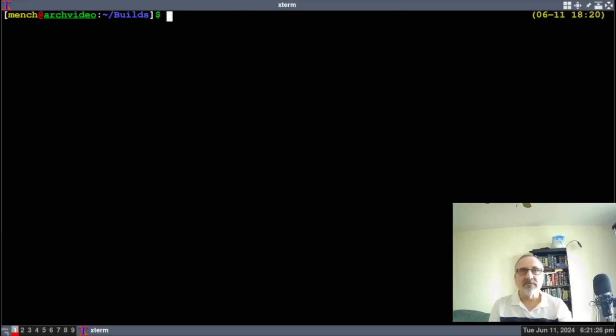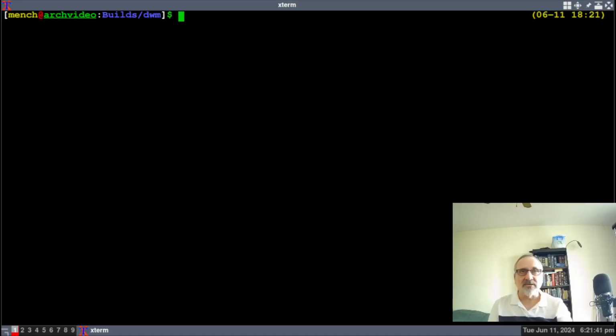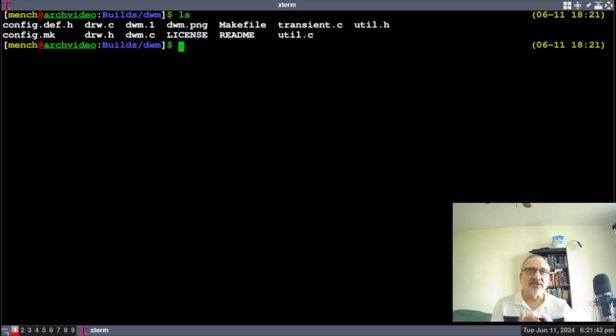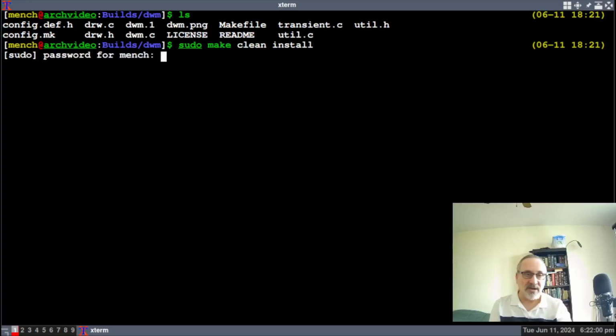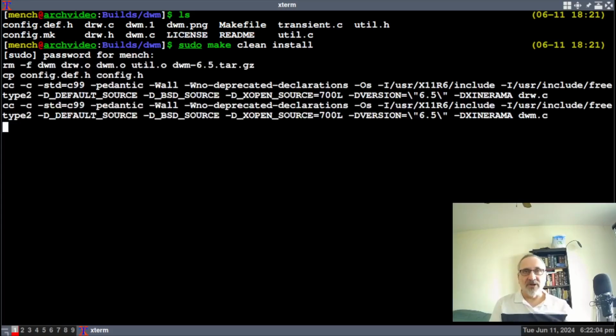Okay? So now I'm going to ls, and we can see there's a DWM folder inside my builds folder. So I'm going to cd into DWM. And I'm going to clear the screen and I'm going to ls it. So now you can see we have all these files here. So what I'm going to do is type in sudo make clean install. And I'm going to hit enter. Well, it's asking for my password. So I'm going to put my password in. And we are installing